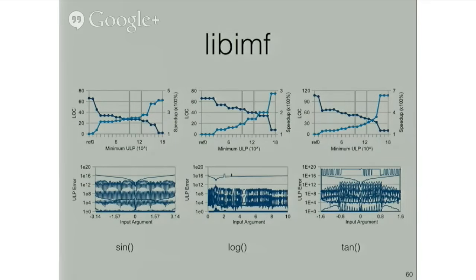What we've effectively done here is generate substantially faster arbitrary precision versions of this library that smoothly interpolate between double precision, single precision, half, all the way out to Boolean precision, if that were something that you could, for some application, be interested in. Below these 3 plots here, all I've done is I've superimposed the error functions for each of the points along these curves up top here. I've just done this to suggest to you that although the error functions are complicated, they're not particularly perversely poorly behaved, and our validation technique terminates quickly with a maximum value.